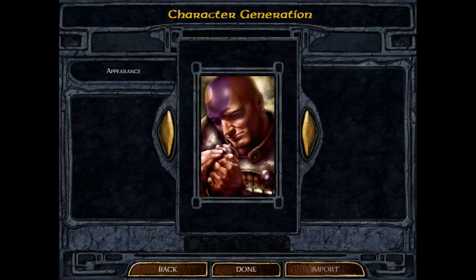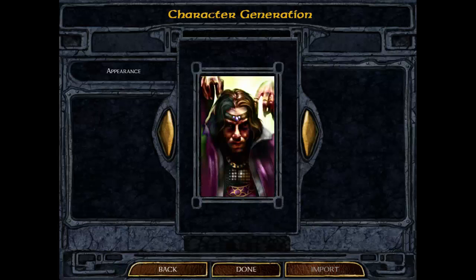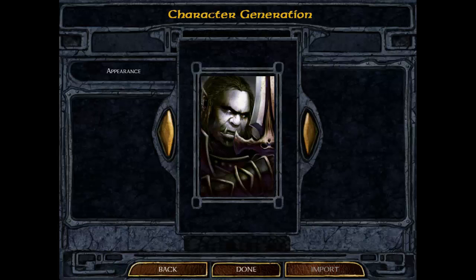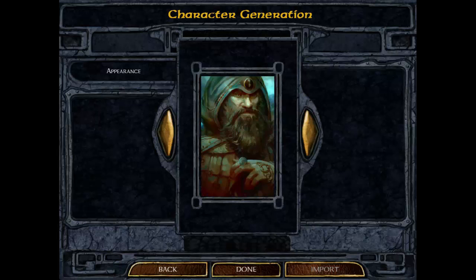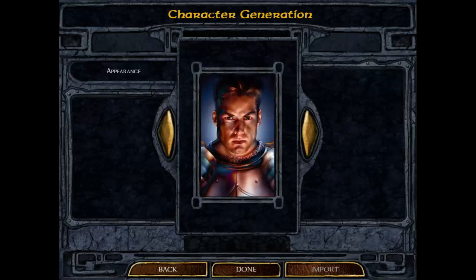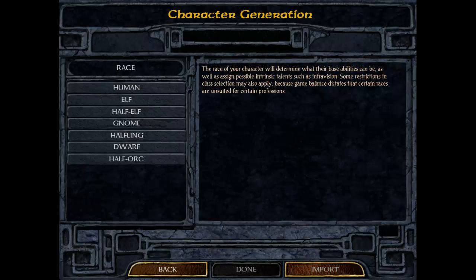Right now we're going through a selection of character models and portraits, and let's see which one I'll choose. Well, some of them look pretty crazy. No orc, no, my guy's a human. He's a knight, so it has to be knightly and human. Oh, that looks like a good choice. Okay, handsome enough. What else? Okay,